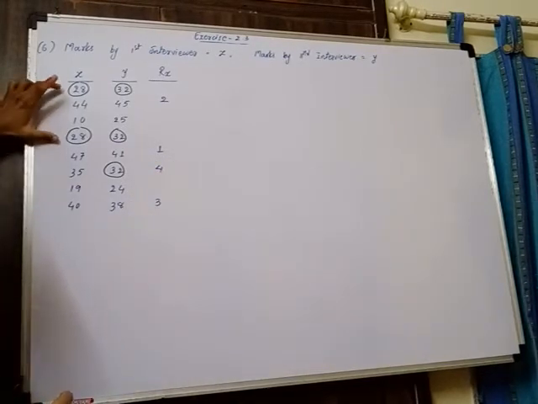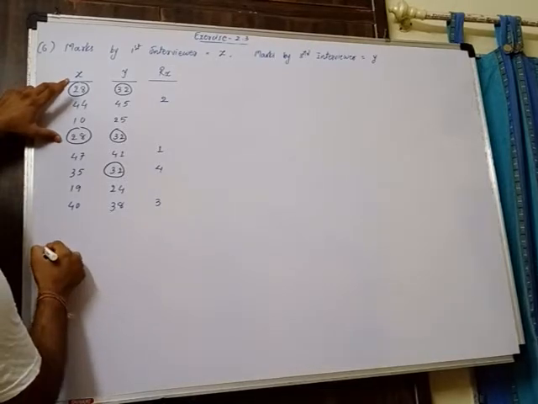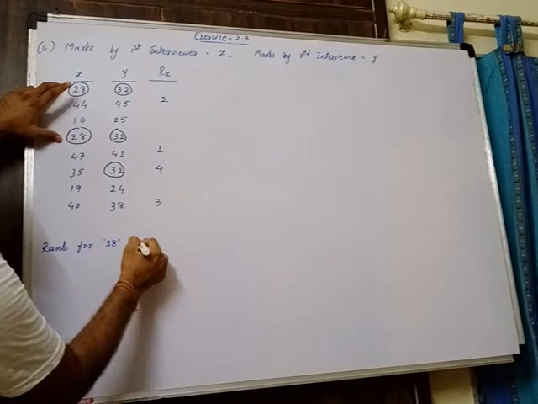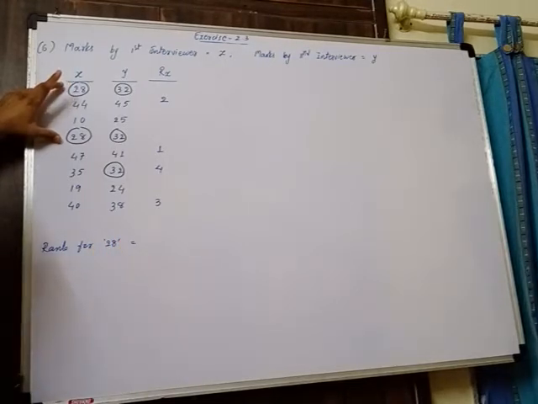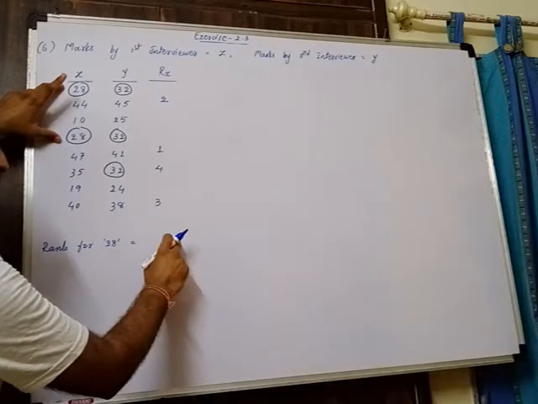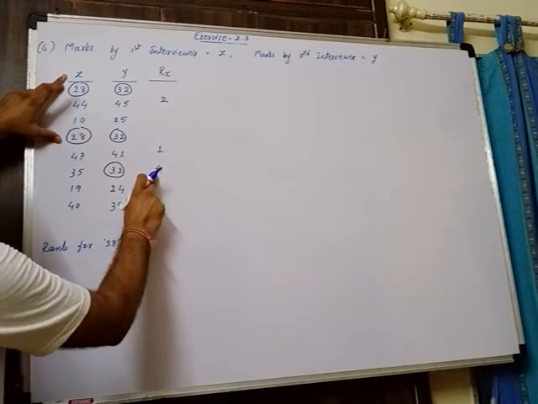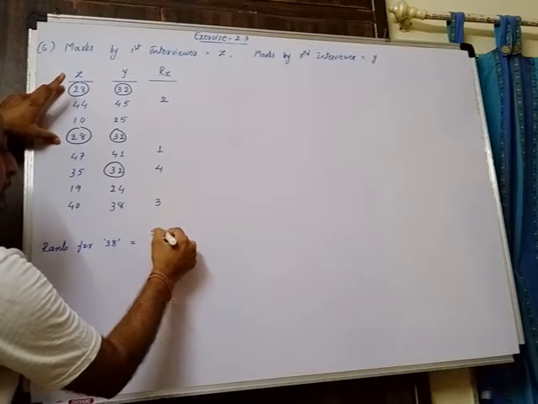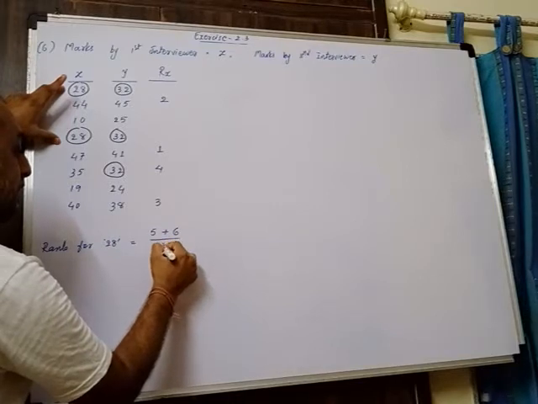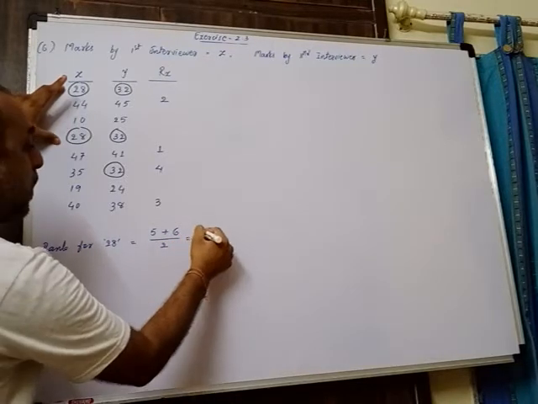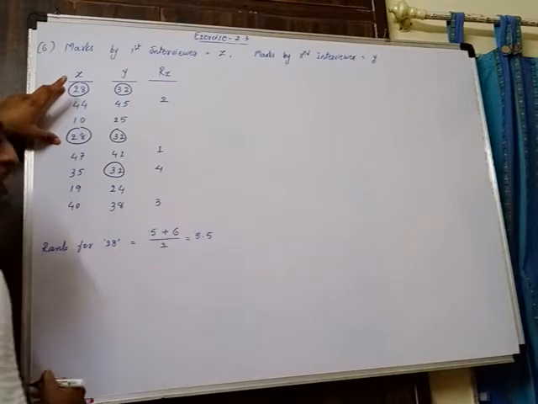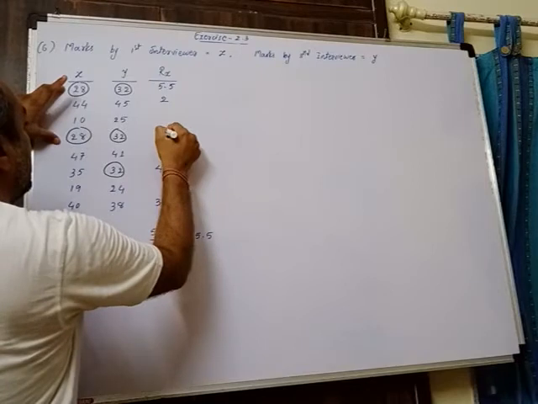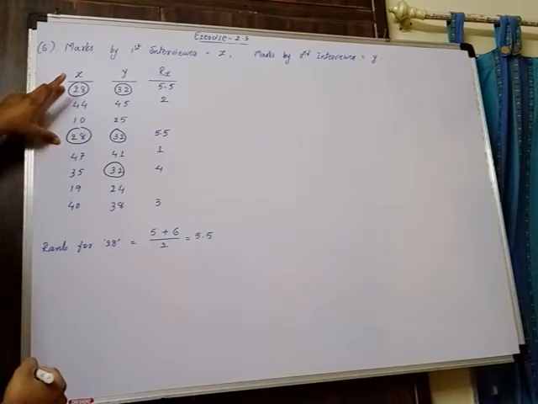After 35, the next value is 28. So we'll find out rank for 28. Now next 2 observations rank that we have to write over here, and its average we'll find out. So last rank we have used 4th rank. Now next 2 ranks assignable over here are the 5th and the 6th rank, and its average. So 5 plus 6 divided by 2, which will be 11 upon 2, which is 5.5. So this 28 can be assigned rank 5.5 and 5.5.